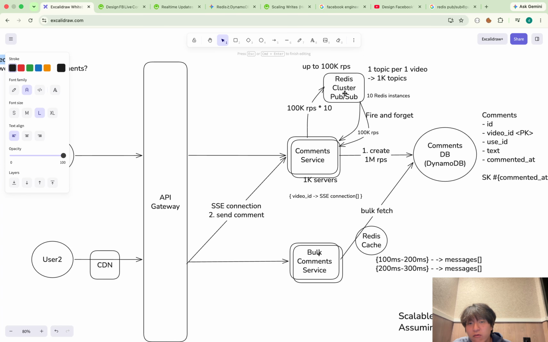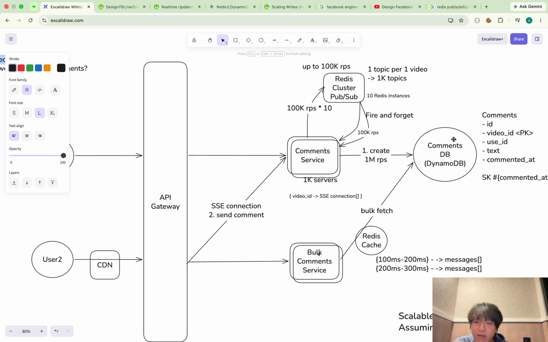So here in Redis cluster Redis PubSub, I use the video ID as the partition key, or I should say salt key. So if there are so many messages coming to a specific video ID, then that Redis cluster experiences heavy load.